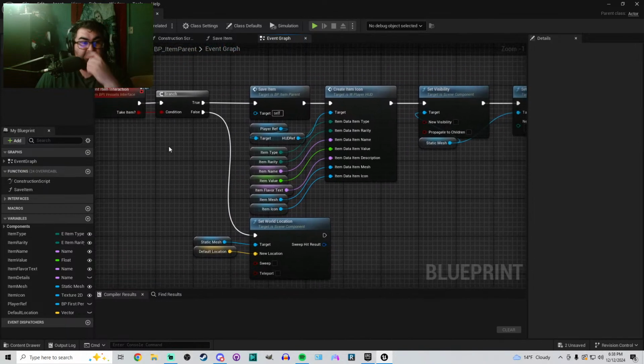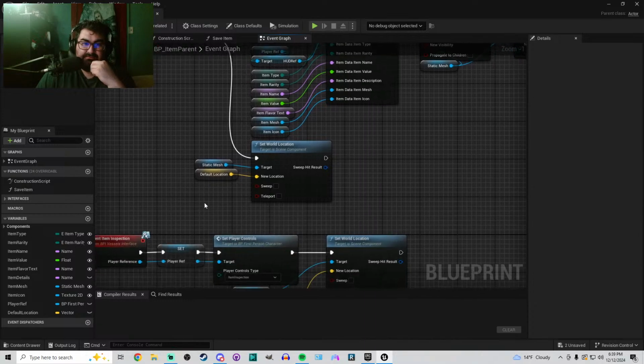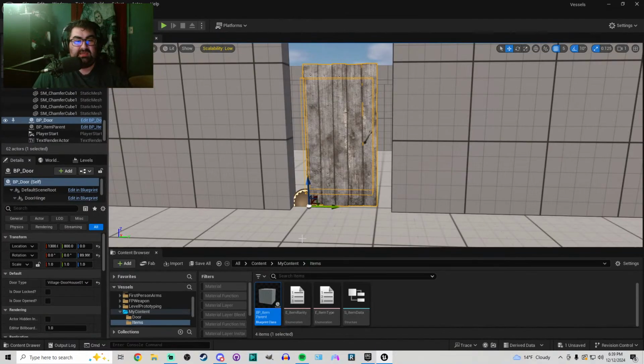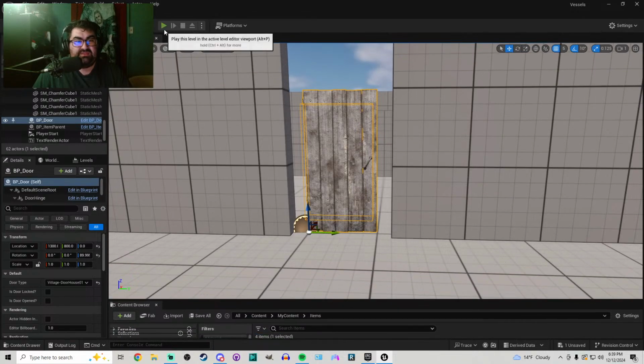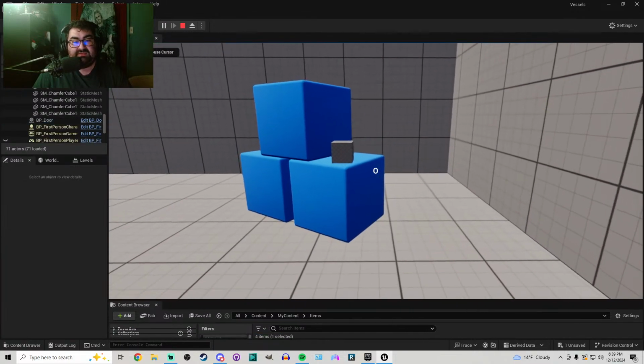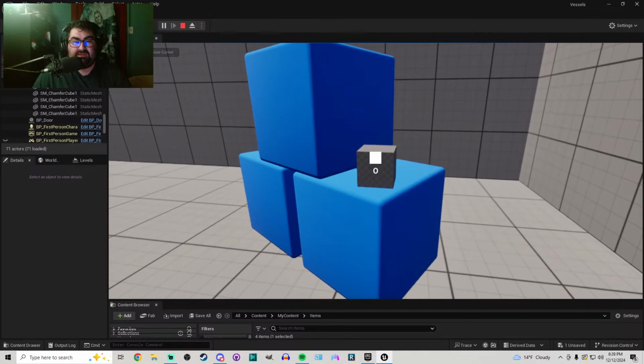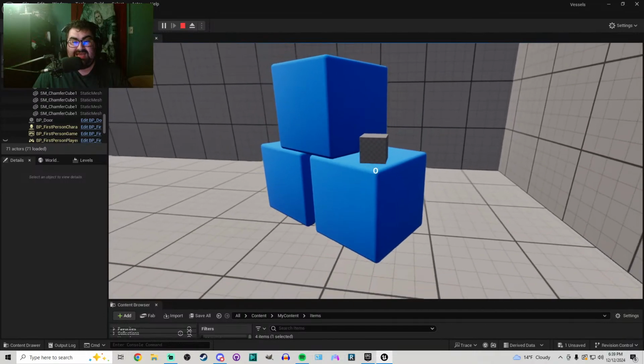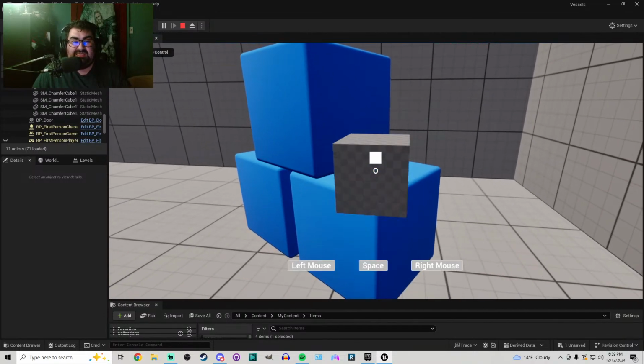Event interaction, take item. So we're setting the location. Yeah, we can actually look at this in game. So the same capsule that's on my camera, it's invisible, I know, but it's there, trust me. When you see the little square, that means I'm interacting with something that I can collide with that capsule. So this is the item inspection menu. Yeah, whatever, that's what I'll call it. Item inspection menu. So you can left click it to take, right click it to drop, and if this was a